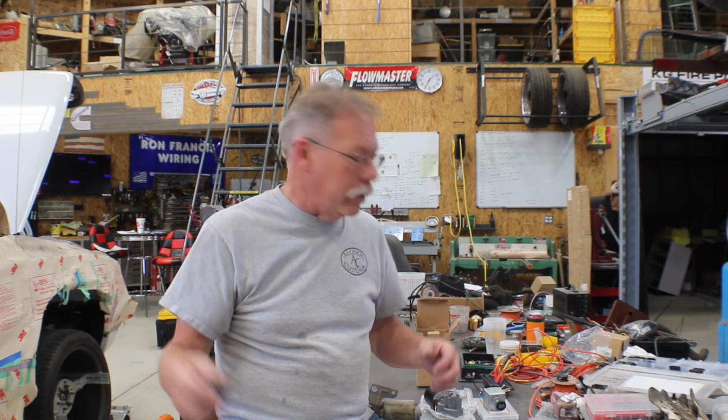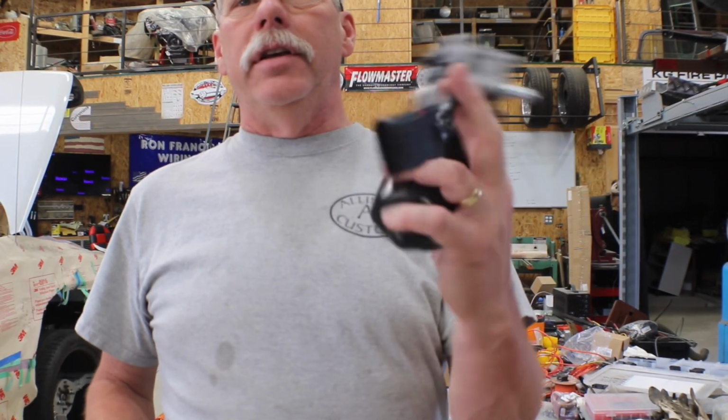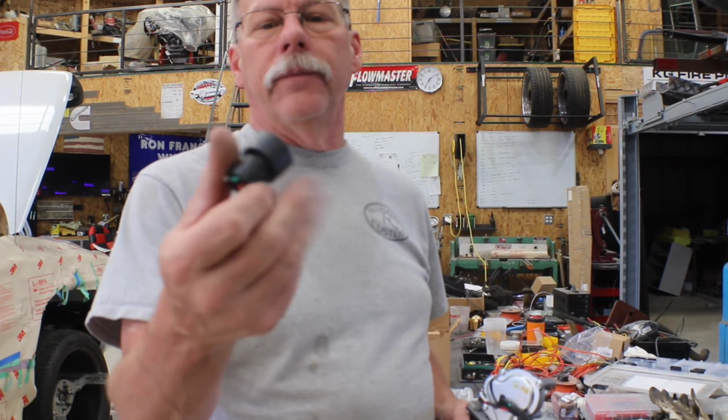When I got it, it has a round connector on it, which in the ones I've done this kind of project before, both on the orange '66 Chevelle quite a few years ago, for those of you who've been with the channel a long time, and before that, on Robert Kibbe's white '64 Chevelle, did the same thing there. We converted an XJ motor to work with their truck or their cars, and so I went back to what I knew. Now I've already converted this plug to a GT connector from the round connector,